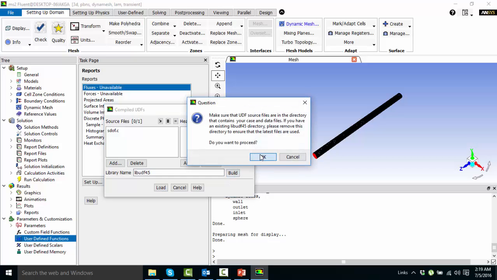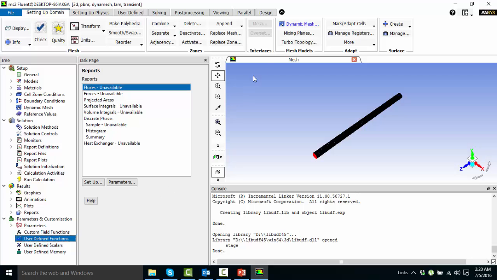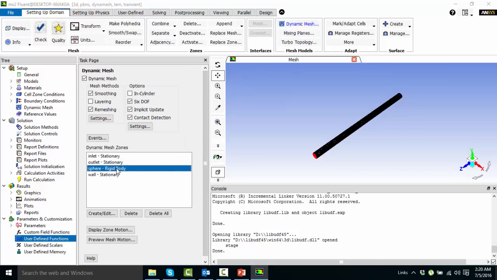Click on build, and no errors there. Makefile is also working fine. These nmake files, makefiles errors are due to the wrong installation or no installation of the Visual Studio. So in these new versions, you don't need to have some command prompt where you can run your Fluent. Just the Fluent's own environment is sufficient for compiling your UDFs. So once the UDF is built, you can load it. Once you load it, this will be available in the